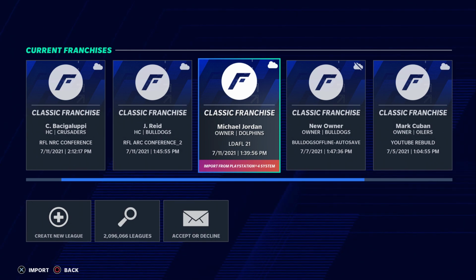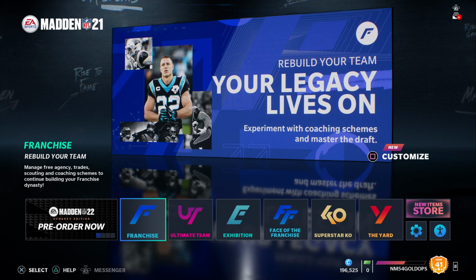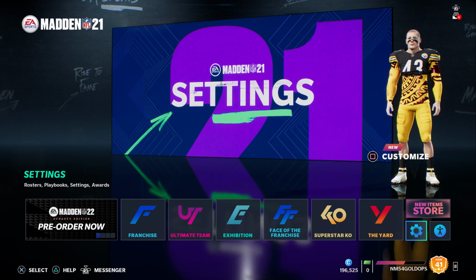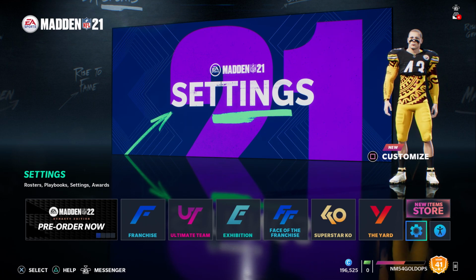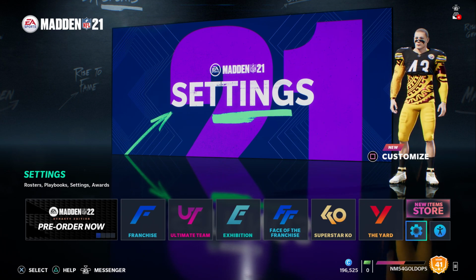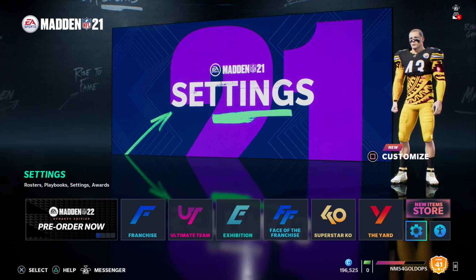The other thing to mention is, I believe that some files aren't necessarily available on both versions of the game. So if there's specifically a file that's on the PS4 version that you want to use on PS5, you can do that. You can upload it, get it into a franchise, and then export that franchise to the PS5 version of the game. And so I just wanted to make this quick video to detail that